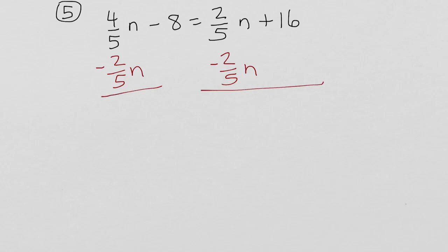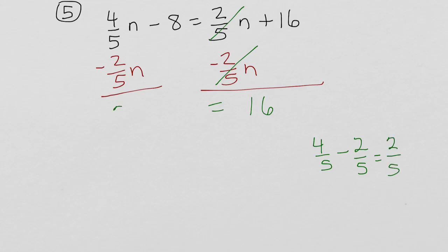Okay, so what does that do on the right side? On the right side, these guys cancel, right? They make 0, and I have 16. On the left side, I have to figure out 4/5 minus 2/5. If you write that over here, 4/5 minus 2/5, since they have the same denominator, you can simply combine the numerators. 4 minus 2 is 2. I end up with 2/5. So I have 2/5 n